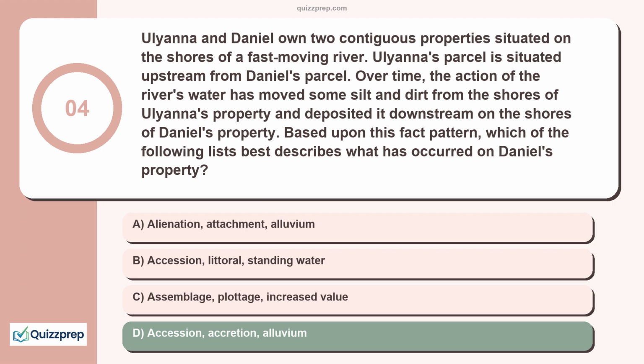These terms are used by appraisers to describe the increase in value when an owner combines several contiguous, or touching, parcels into one large parcel. The act of combining several parcels into one parcel is called assemblage. The increase in value that should result from the consolidation is called plottage. Example: 5 separate parcels each have a value of $100,000, totaling $500,000. After assembling them together into one large parcel, the value of the one large parcel is $525,000. The additional $25,000 is plottage.